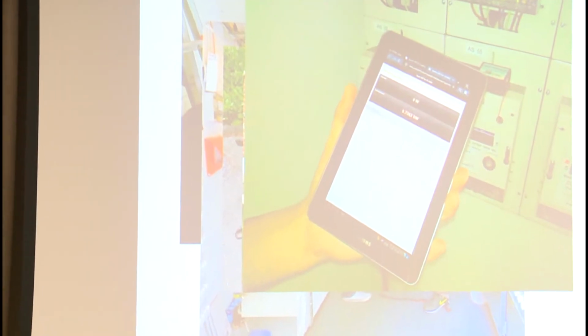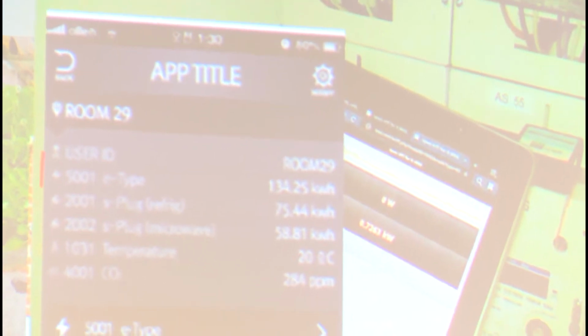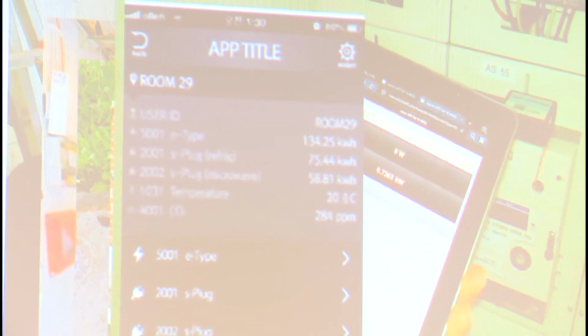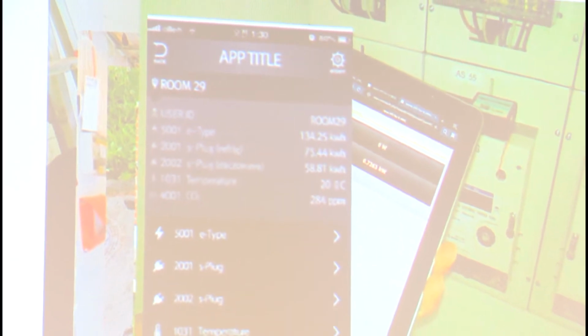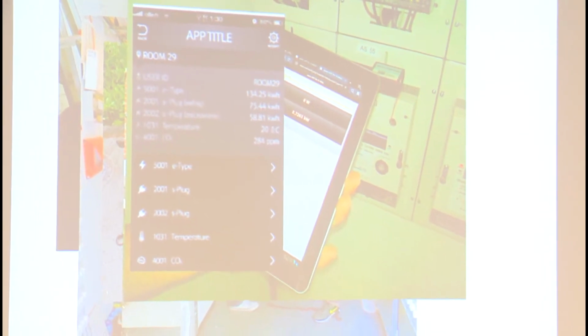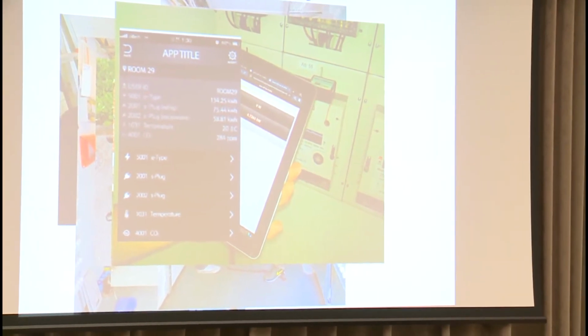Here's also an example of a Korean sub-metering system where all the information is available in real time on a tablet or mobile user interface. And here's one example of a mobile interface. This is from one pilot apartment building that we installed full of sensors, where in every apartment the user can access his apartment's energy information,